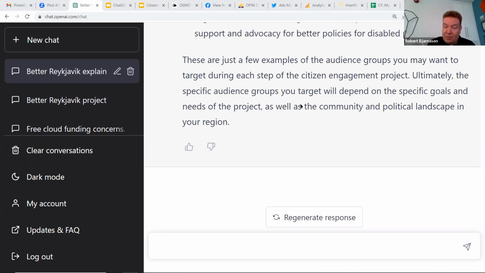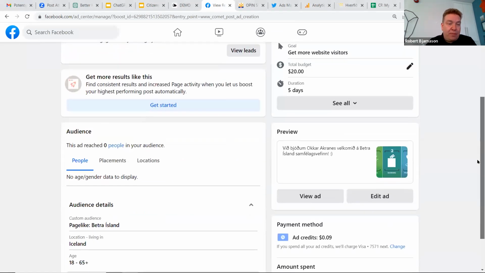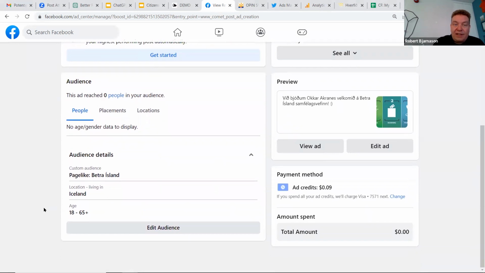Actually, that's a good point, you can get better targeting with the boost, so make sure when you boost that you focus on your audience.